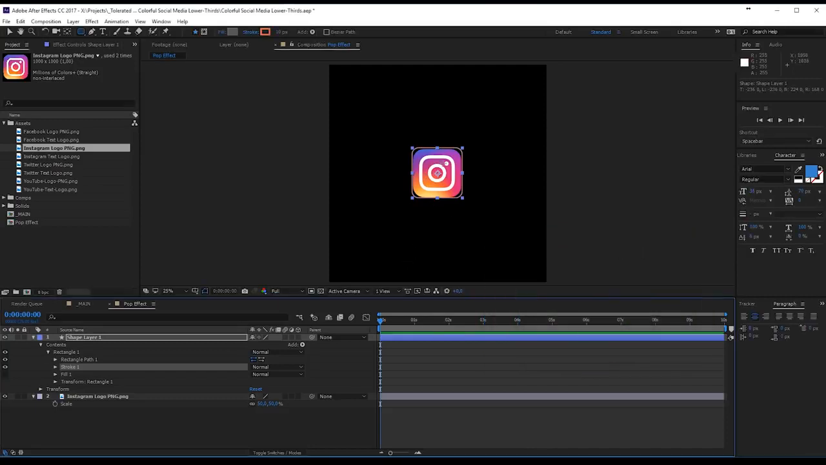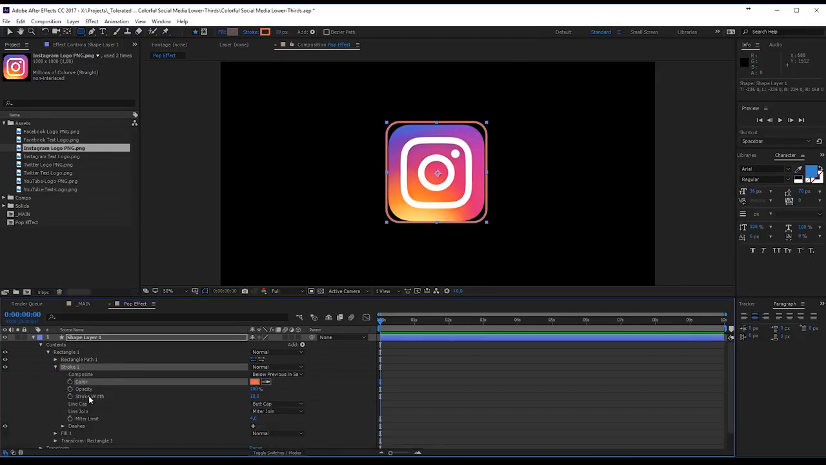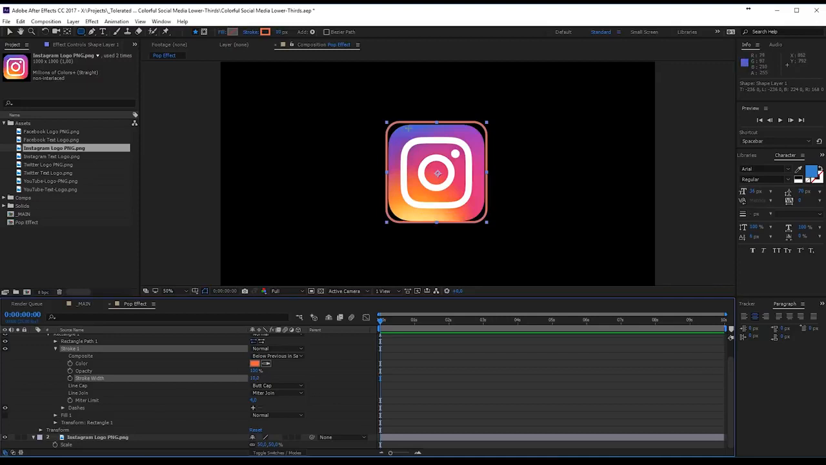So now we see that if we zoom in, we have our stroke right here. And what I want to do is open the stroke settings right here. We want to make it a little bit bigger, so maybe something like this. And also we want to round it a little bit more. So if I'm going to change this to something like 10, just make sure that rounding is something similar to